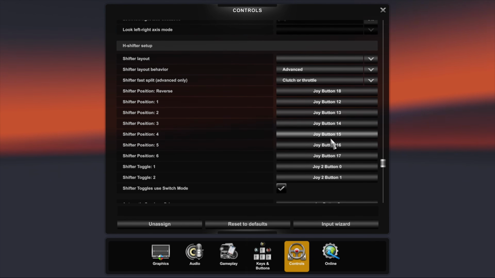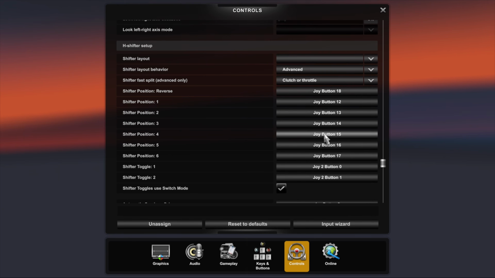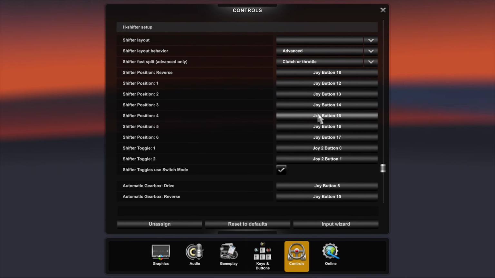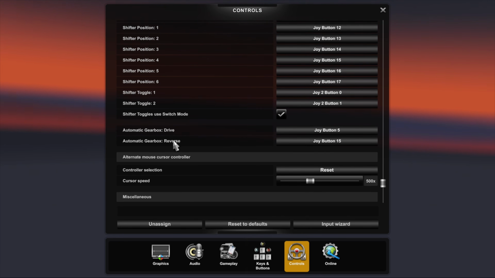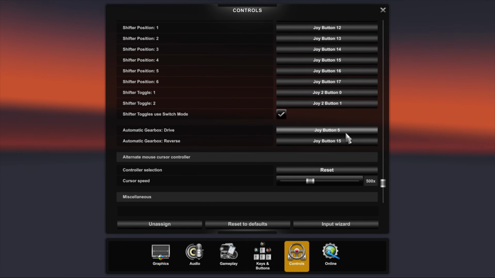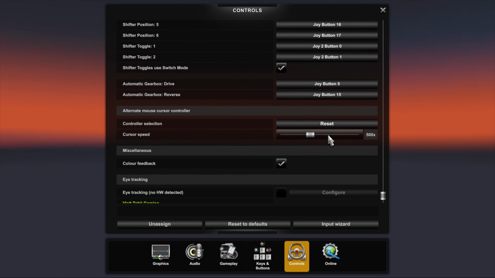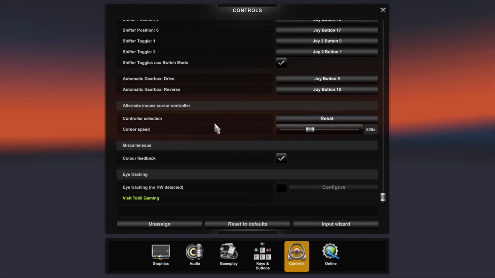And then you also have your high and your low ranges. If you want me to go into more depth with that, I will do a different video showing you how that works. With the gearbox automatic, if I ever do use it, I've set that to my joy button 5 and joy button 15. And then we go to